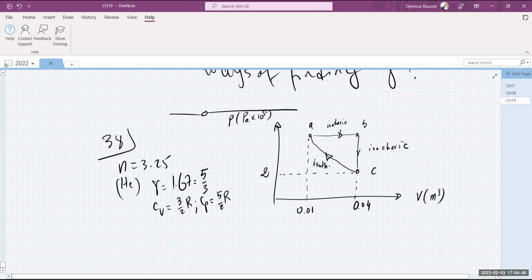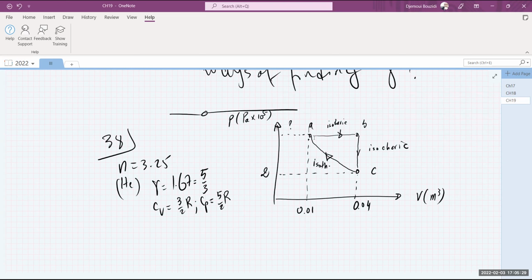Find the pressure of the helium at point A. So we need to find PA, this pressure. It's clearly more than 2 atmospheric pressure. So if you find the answer to be 100,000 Pascal, you know you did something wrong from the picture at least. Let's see if we can find it. Since this is an isothermal, I really need to find the temperature T first. Once I find the temperature T, I can use PV equal to nRT and I'm in business. If I look at part B, find the temperature of helium at points A, B, and C. So it's asking for the same temperature at points A and B.